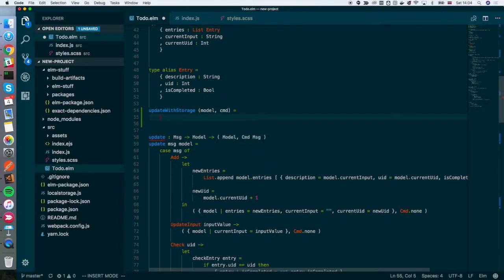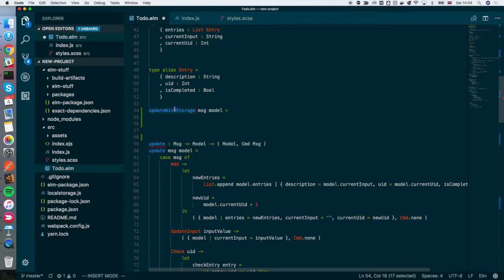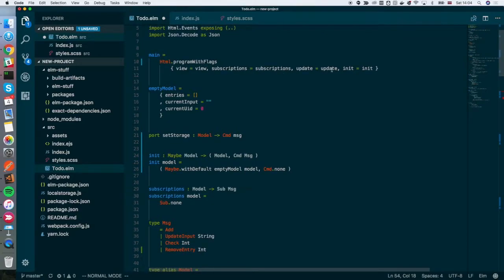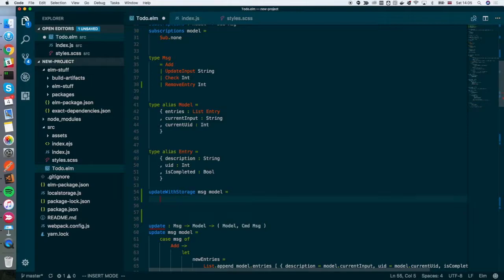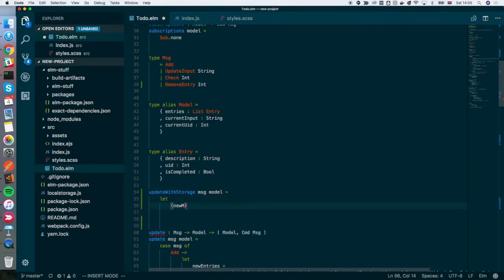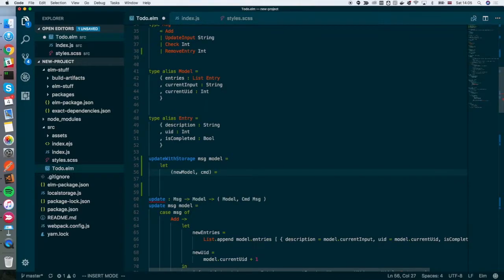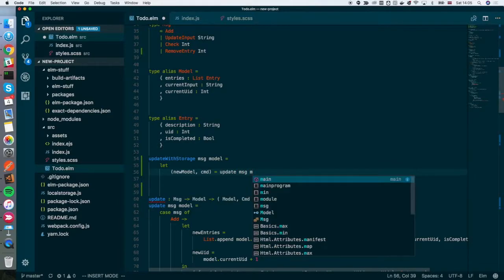So we're doing pattern matching here. We know that the call to this function will be a model with the... okay, I'm gonna need to explain pattern matching. I think I'm gonna fail miserably at it, but let's basically write this function, and then I'm gonna explain what's happening there. So let's say msg model, and let's do updateWithStorage, and let's do it like let (newModel, cmd) equals update msg model